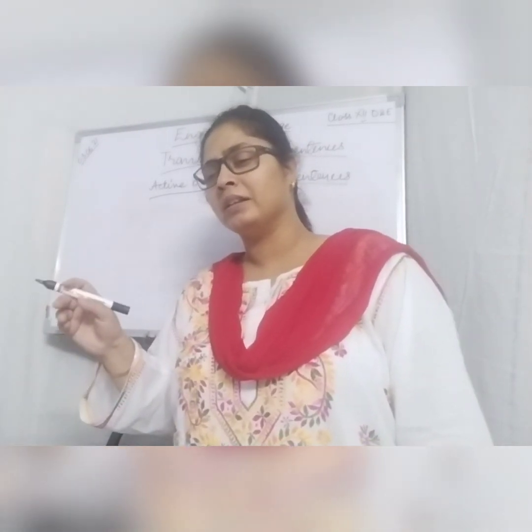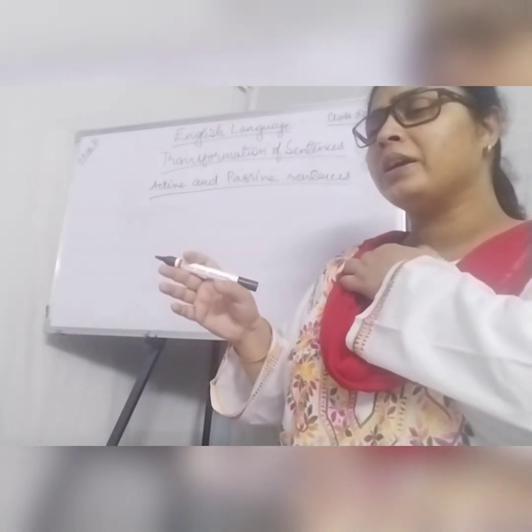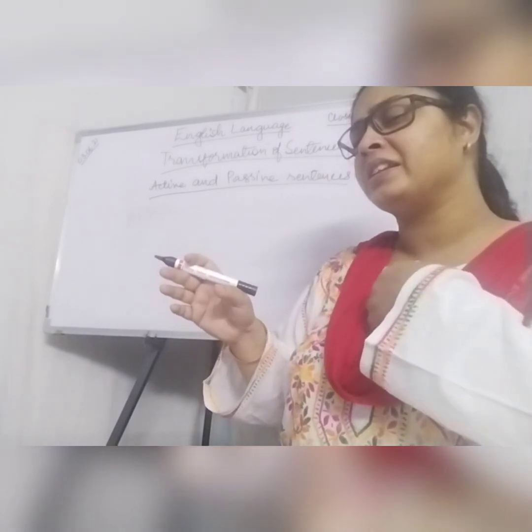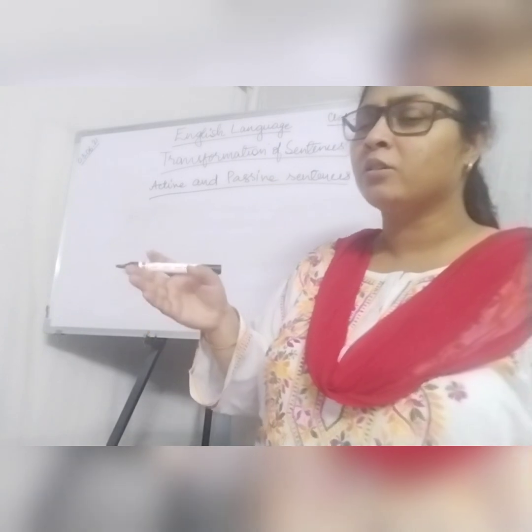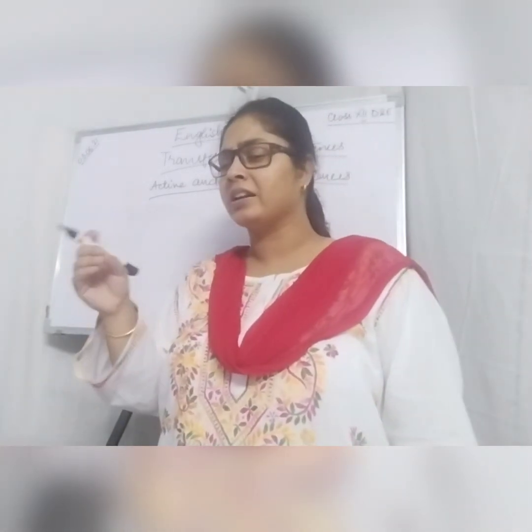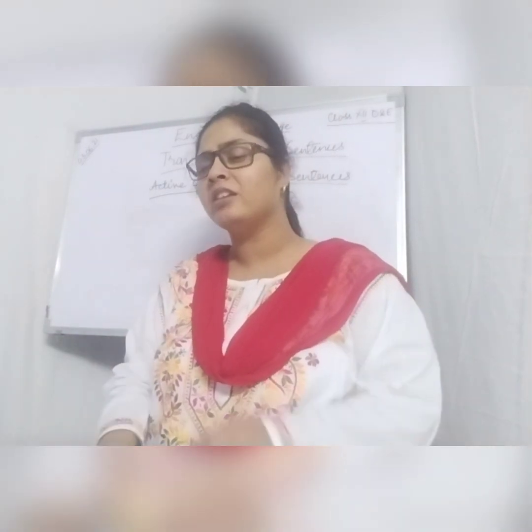He rode a bicycle. The bicycle was ridden by him. Okay, he changes into him. Whenever we are writing such sentences, he changes into him, she changes into her. So these are the rules for active and passive. Small rules are there. All of you please go through it. They are there in your books.